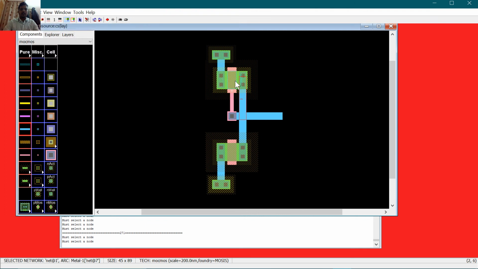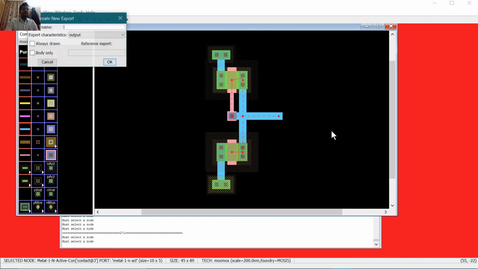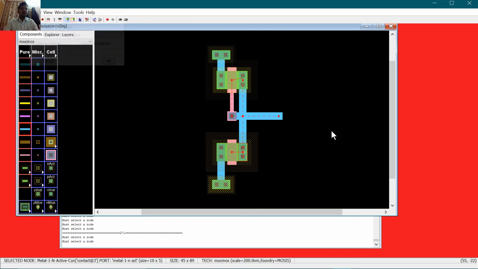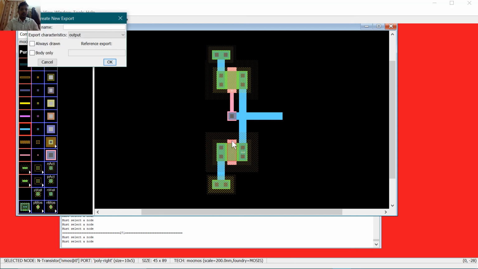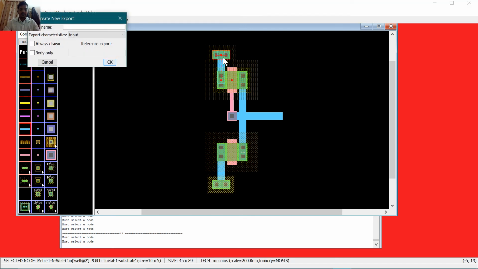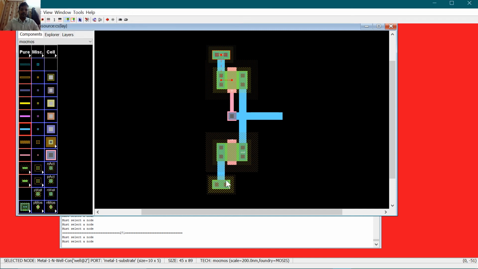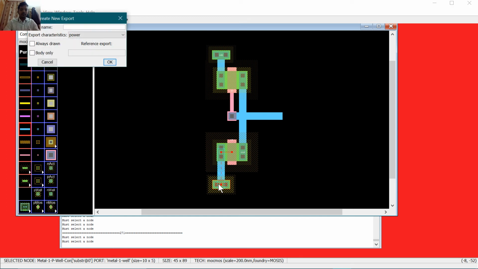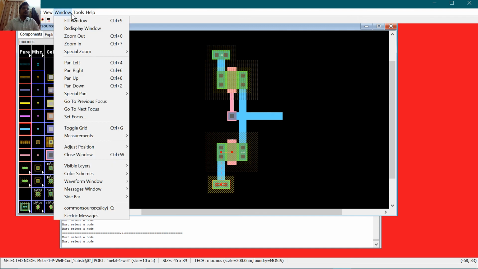Still not selected. I'll click carefully here, exactly on the node, or you can take here also. Node is selected. Control E, V out, output type. Here will be applying. Control E, V in, input type. This is Control E, power, VDD. This will be Control E, VSS, ground. Okay. Tools,